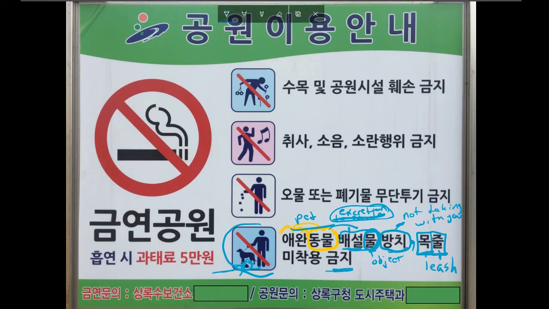It means don't. Now, somehow this final word has to mean to not put on, because we know that no sign is going to say make sure your dog does not have a leash. The sign's going to say make sure your dog has a leash. So this sign says leash and it says do not. So in some way this whole thing is going to have to mean make sure your dog has a leash. And I want to talk about what this 착용 would mean.